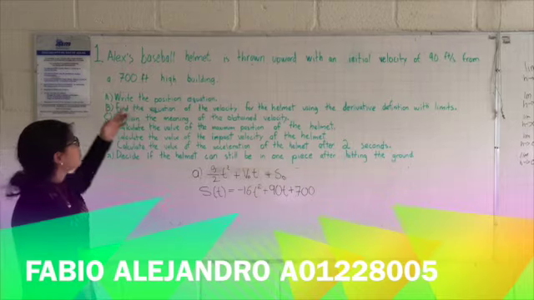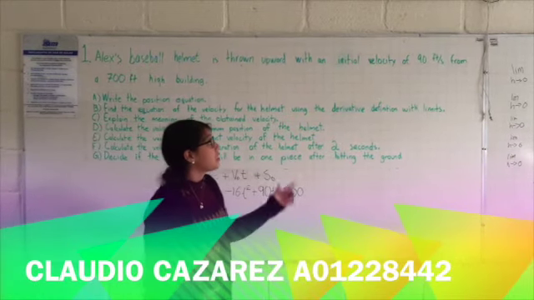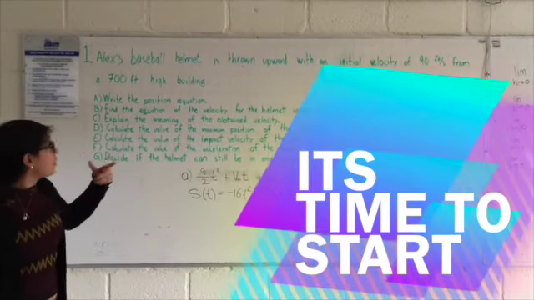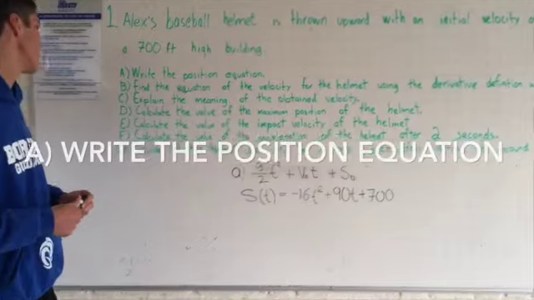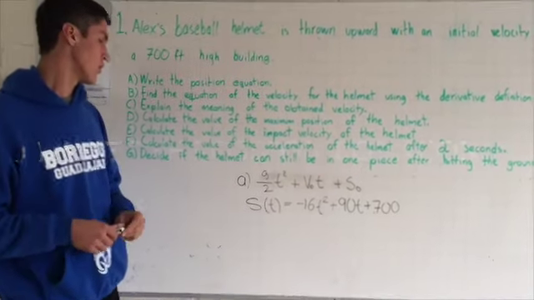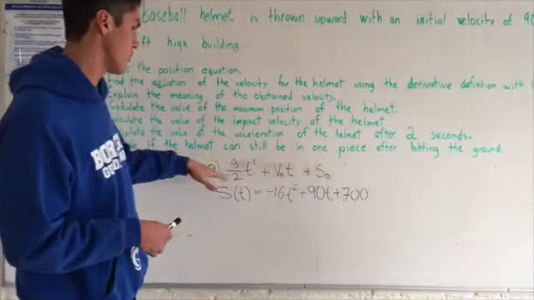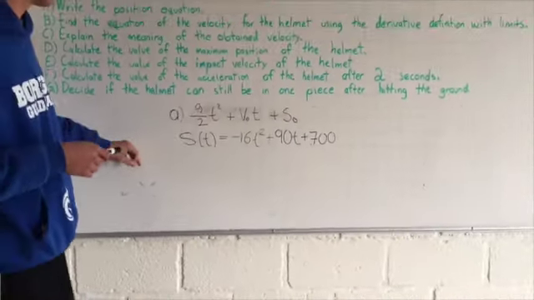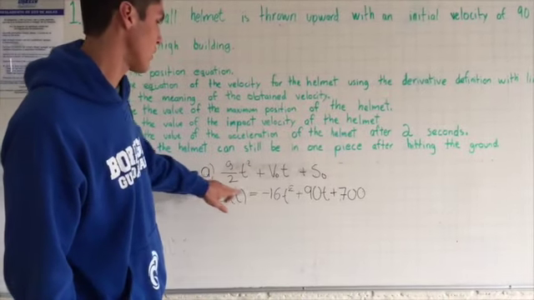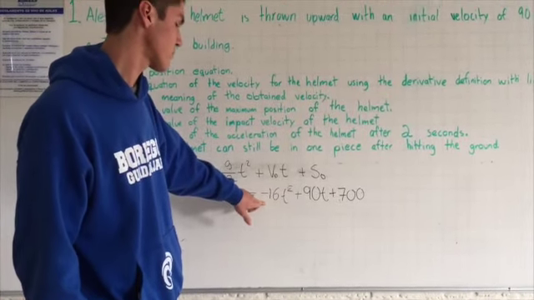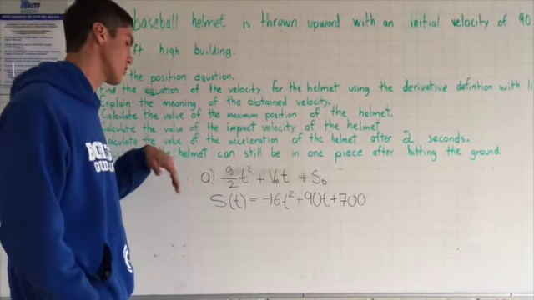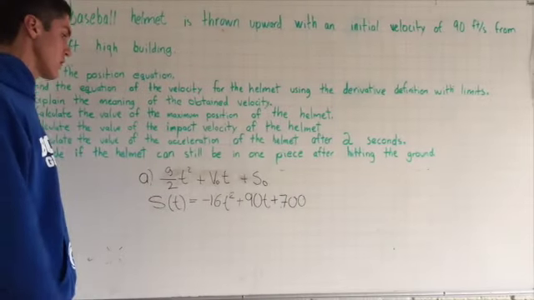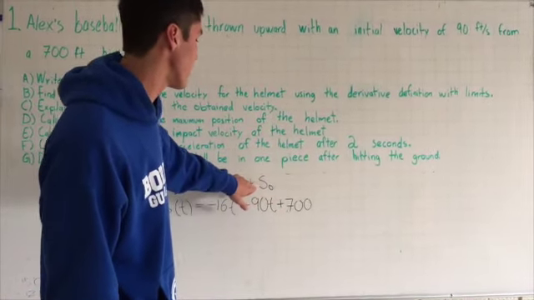Number 1. Alex's baseball helmet is struck upward with an initial velocity of 90 feet per second from 700 feet high. So the first point says write the position equation. To get that, we use this formula. This is gravity over 2, and because it's in feet, it is 32. So 32 over 2 gets us to minus 16 because it's going downwards, plus the initial velocity, 90 feet, and plus the initial position that is